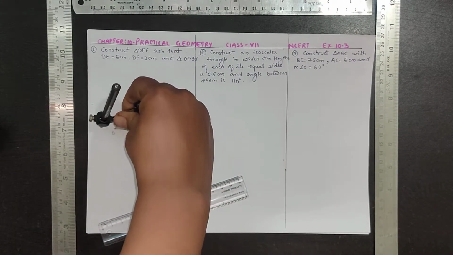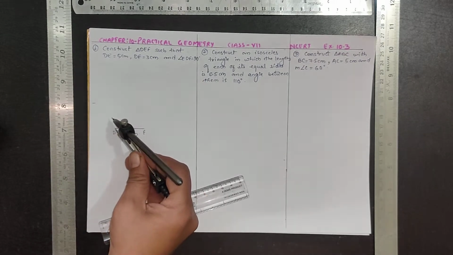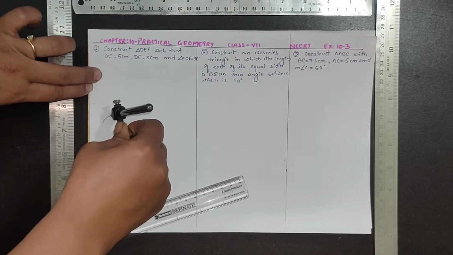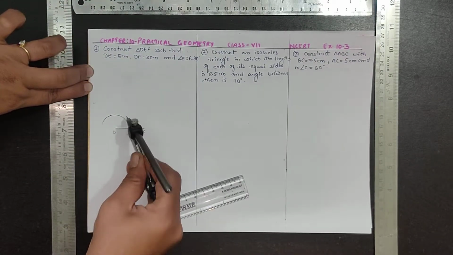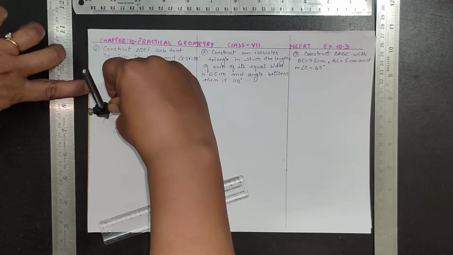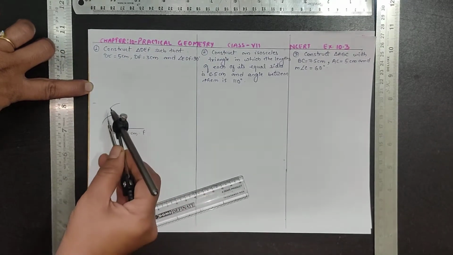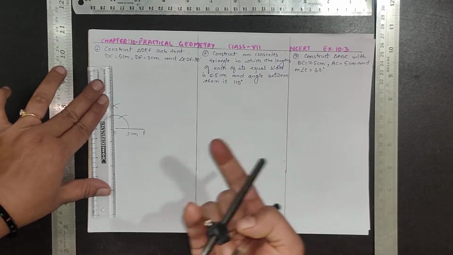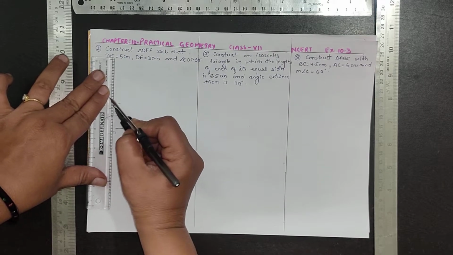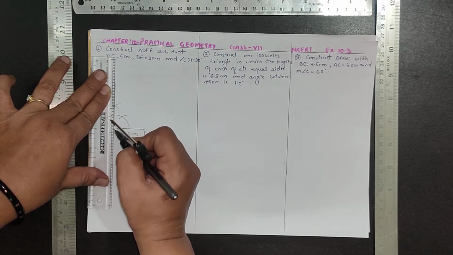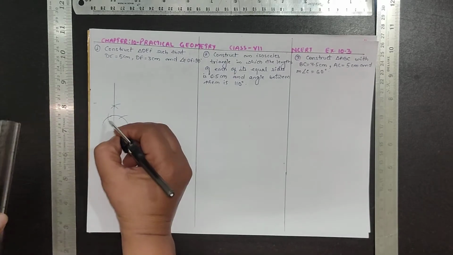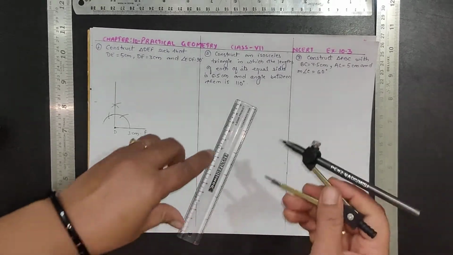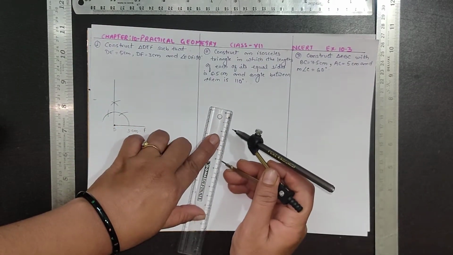So for constructing 90 degrees, take any arc, put the compass pointer here, draw a semicircle like this, and cut the first arc, which is 60 degrees, then the second arc, which is 120, and in between 60 and 120 you will exactly get 90 degrees. So here it is 90 degrees. Then from this point you need to cut an arc of 5 cm on this line.